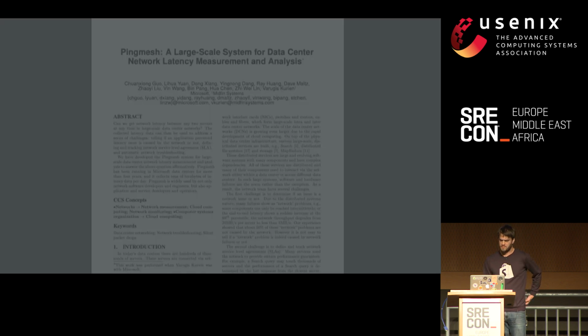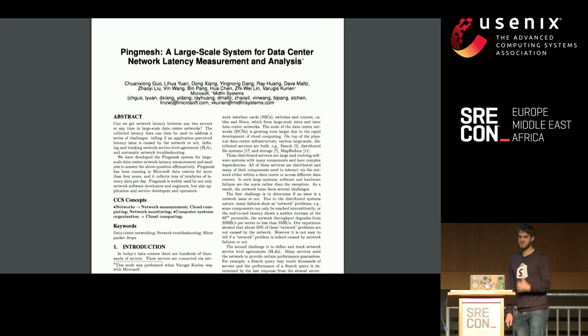Just to give some perspective, that took 6 weeks, and that's not just one engineer. Many engineers were pulled in to take care of this issue because of the urgency of Black Friday, Cyber Monday. So we were inspired by Microsoft's ping mesh paper. Ping mesh was basically a way of creating a complete graph between a bunch of nodes and regularly pinging them to get some baseline latency measurements. We thought, cool, that's interesting. This seems like a good place to start.